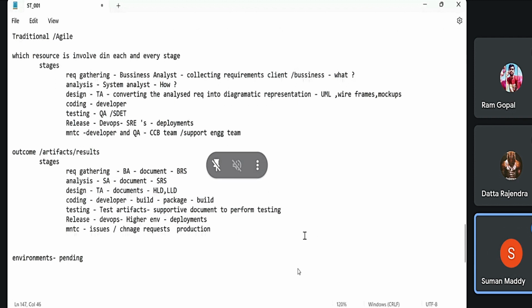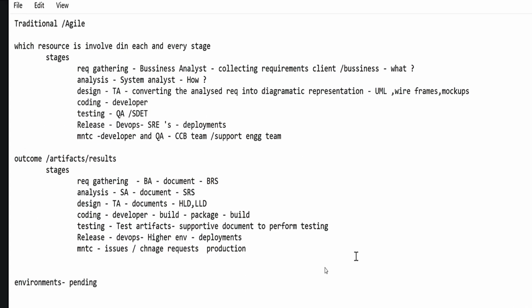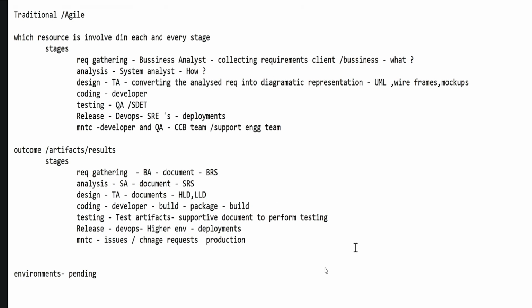Release means the DevOps team is responsible for release. They do deployments into higher environments. And the last one is nothing but